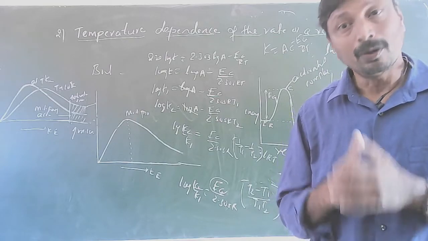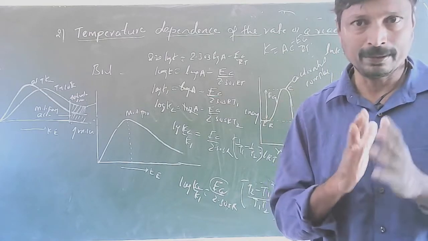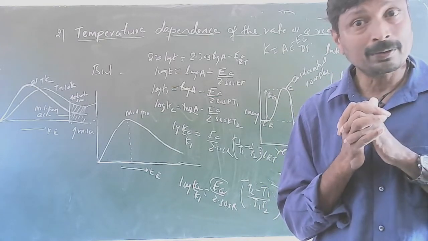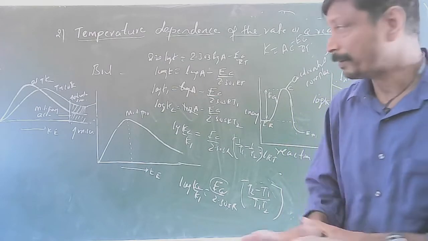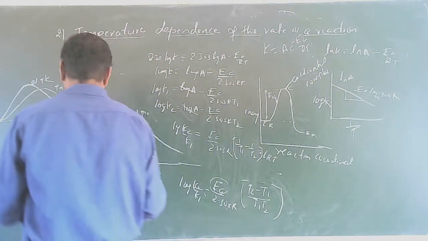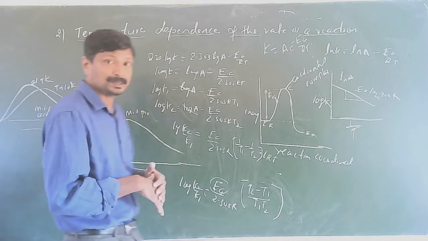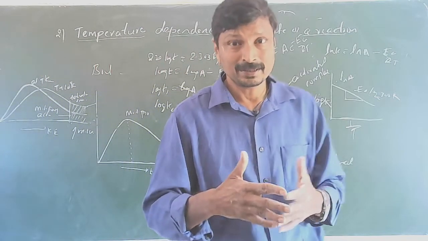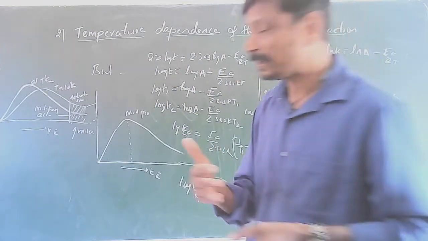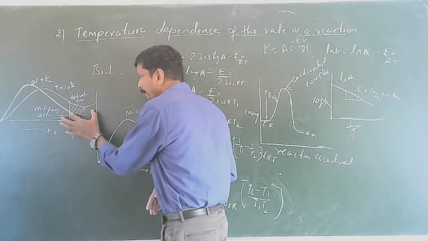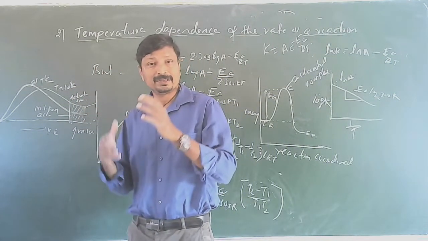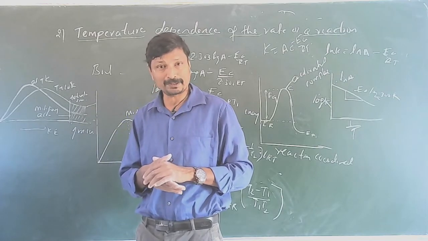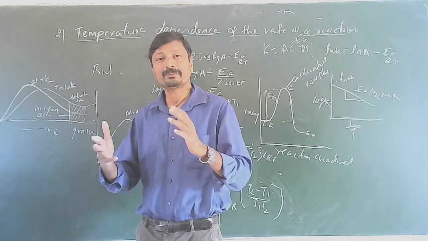So how does the reaction take place? Collision between the reacting molecules, but all the collisions do not lead to the product. According to Boltzmann and Maxwell, the reaction rate doubles with a 10-degree increase in temperature because the number of molecules having the activation energy increases by increasing the temperature. Because of that, the rate of the reaction increases.